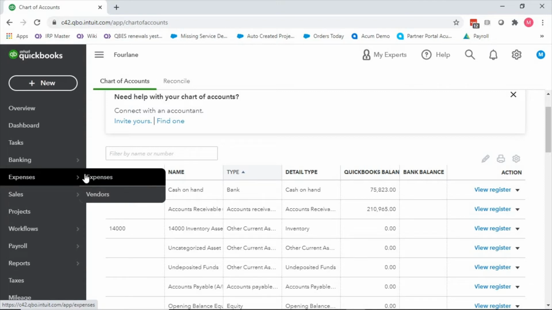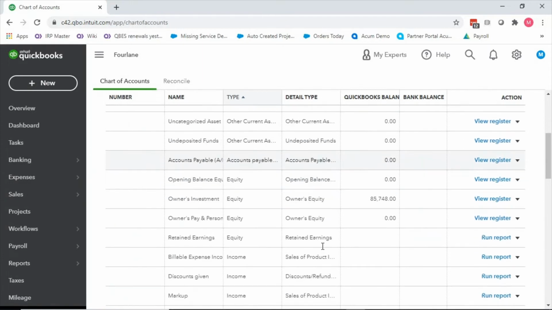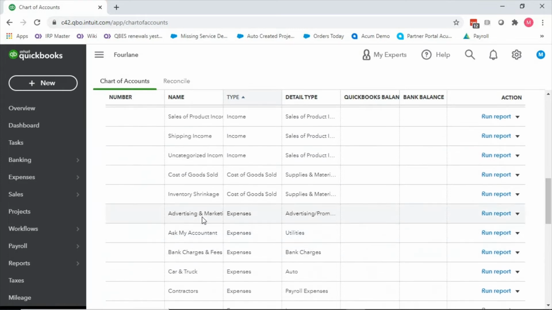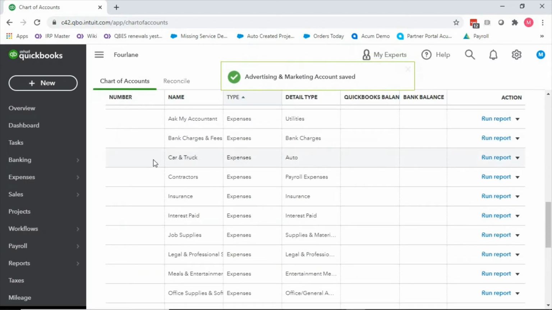Now, let me be very clear. Please do not ever enter something directly to inventory. Let me actually back up so we're not suggesting this. I'm going to put something into advertising and marketing real quick, edit this, put in a number, and this is going to be in the 6,200 range, save and close.